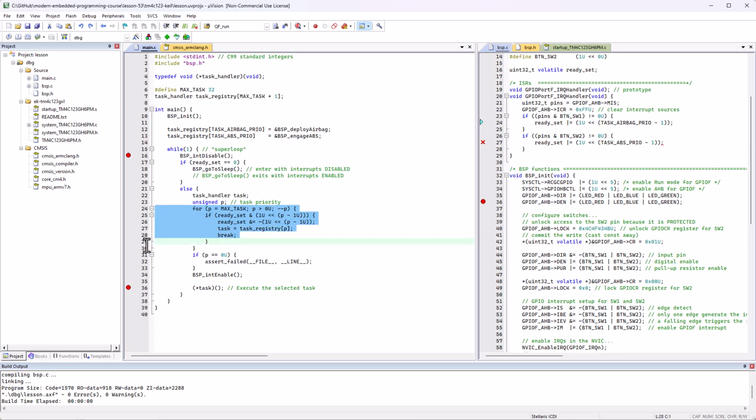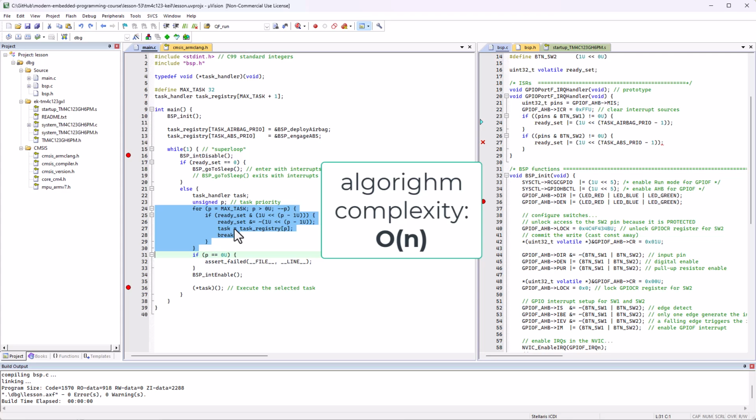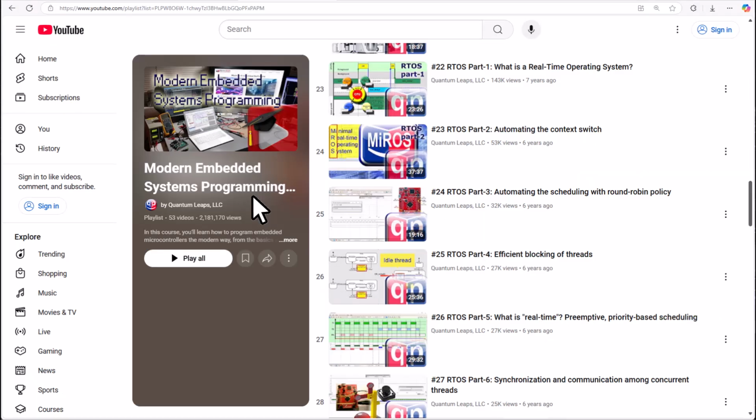The last aspect you can significantly improve is the actual scheduling algorithm, which is a loop that runs longer the lower the priority of the task to schedule. The problem is that the for loop runs inside the critical section, so ideally you would like this to be short and deterministic, meaning constant time. If you watched earlier lessons in this course, you might remember that an